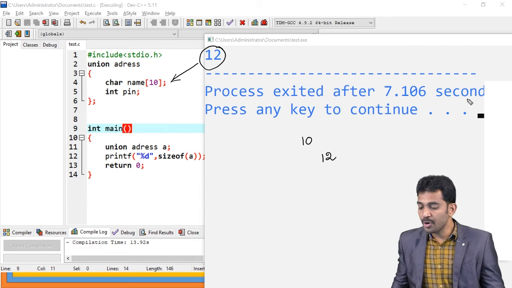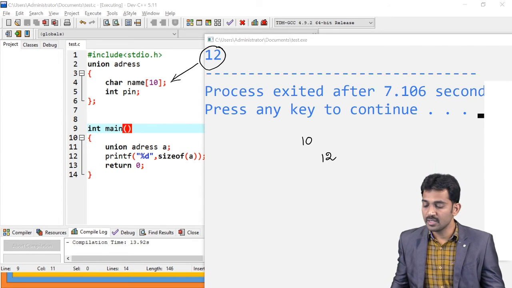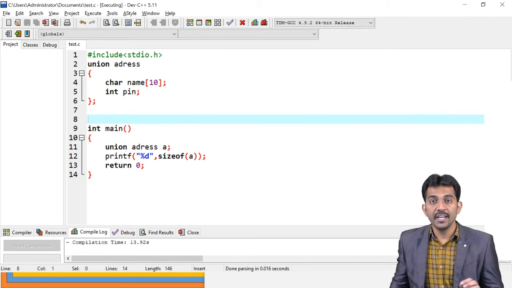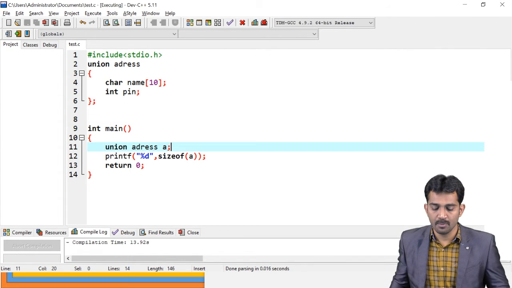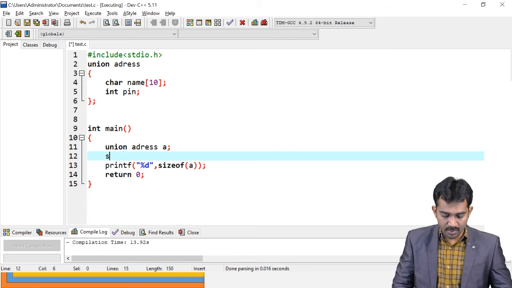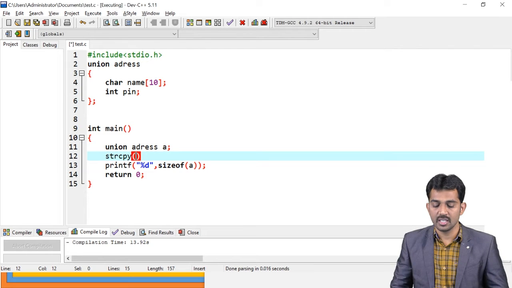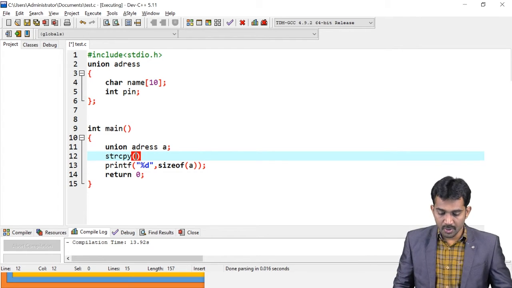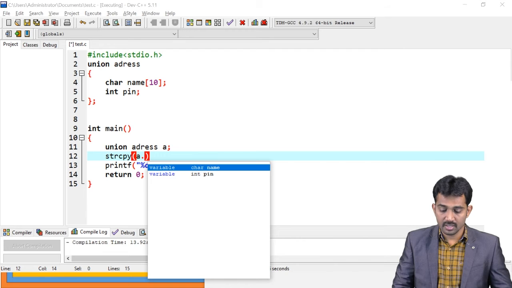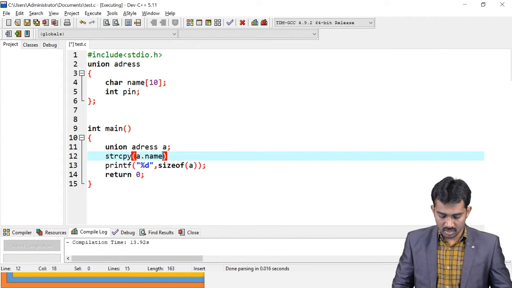I'm going to show you one more thing. At any moment, it is going to store only one value. For example, A is there. strcpy of a.name, comma, IRE.